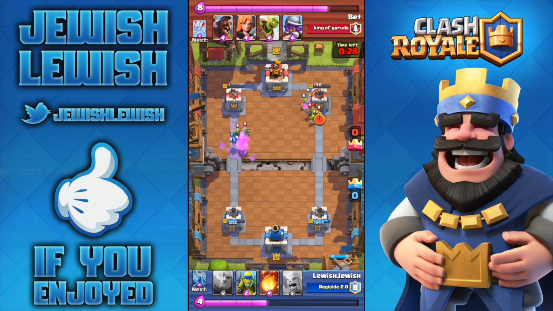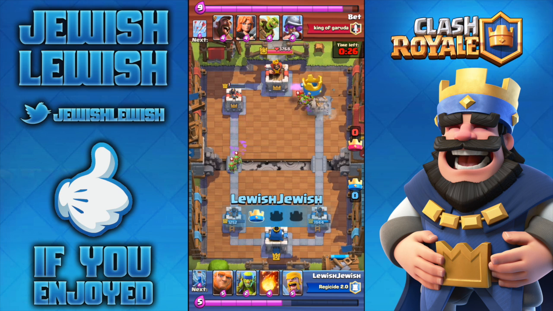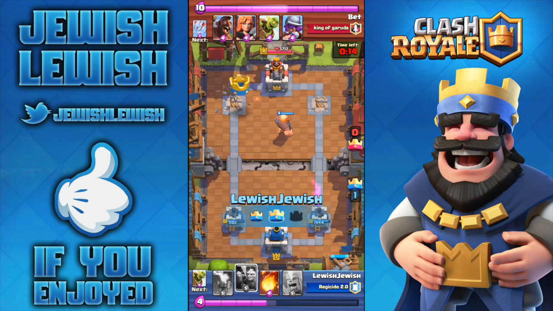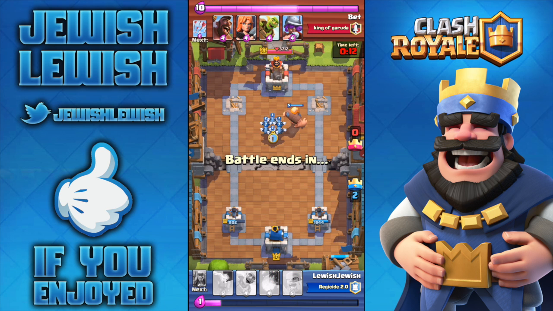At the same time I threw my Goblin Barrel at the right tower, and they took that tower down. So we do have the 1-0 crown lead, basically a 2-0 lead, but that tower is still at 1 hit point. And at this point he actually left the game. You don't get the message because this is a replay, but he did leave the game,